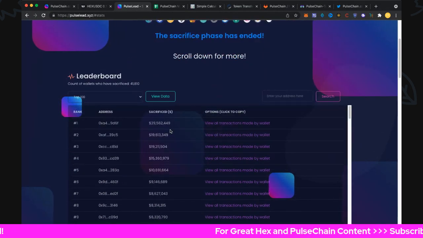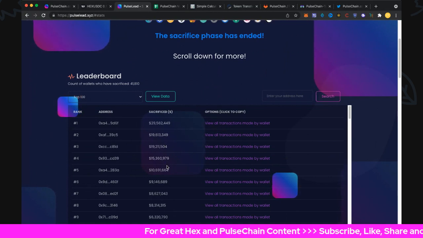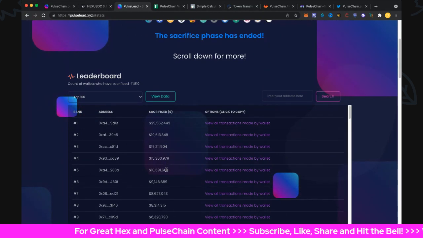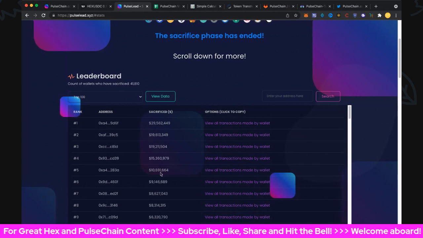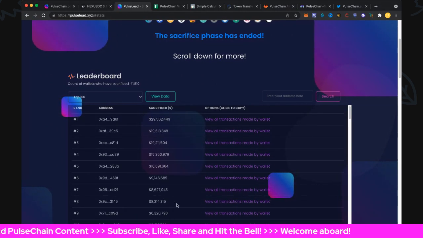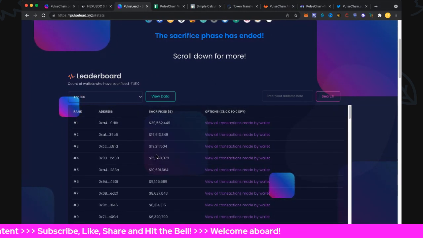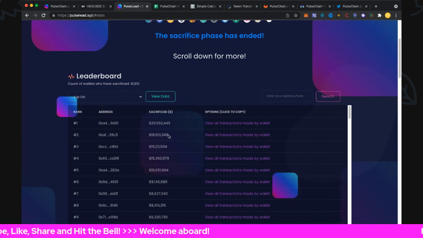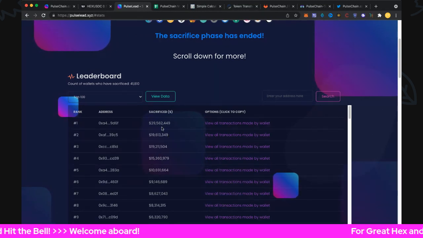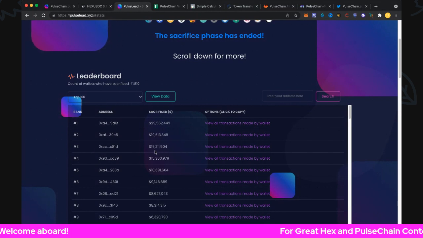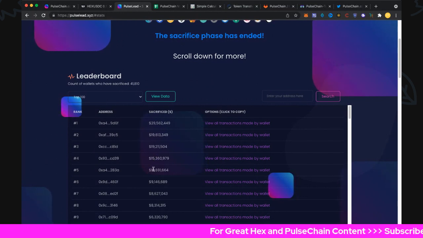Of course, we did in the last update. Went through the top 5 whales and had a look and see what they've been doing. They hadn't been up to too much actually, so that was pretty cool. Not sure what the second 5 had been doing, but these top 5 certainly not, including Overwatch. So nice. Remember that's 29.5 million, 19.6 million, 9.2, 15.3, and 10.7.